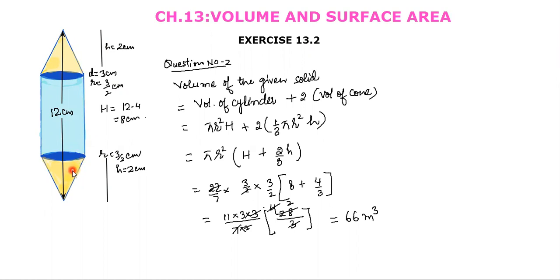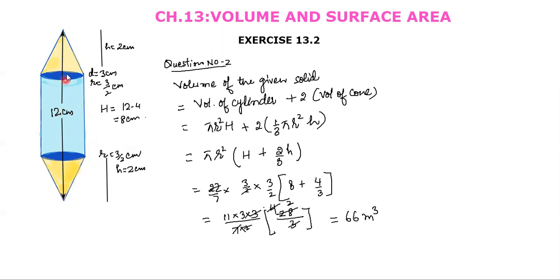As I told you when we were finding the surface area of the combined solid, never miss any surface. Don't go blindly on the formula that if you are asked to find the total surface area, you will apply the formula for the total surface area. You will see the surfaces that you can touch, but in volume you will see how many figures are combined, and you will just add the volumes of those figures. That's it. So finding volume is very simple.